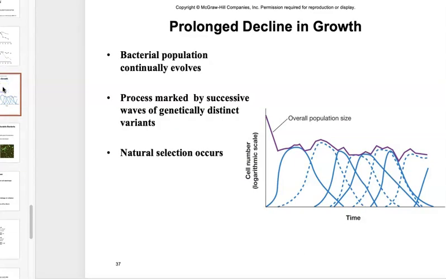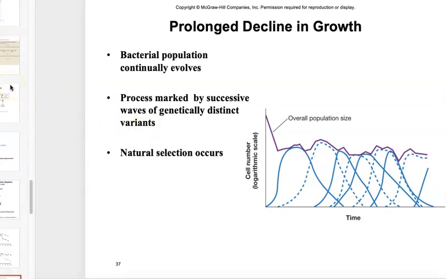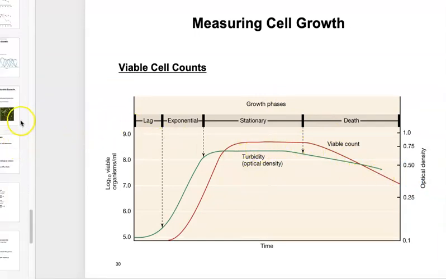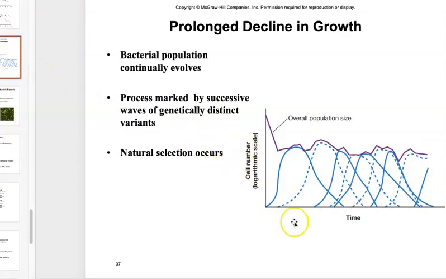So it starts to speak to some interesting issues about what's happening in these death phases. If you go back to this original graph here, it's not just this kind of smooth decline. There's a lot happening underneath the surface here. And that's illustrated in this particular graph, where you see cell number over time. What you're looking at when you're looking at optical density readings, or plate counting, is just a somewhat smooth line that suggests a less turbulent sort of